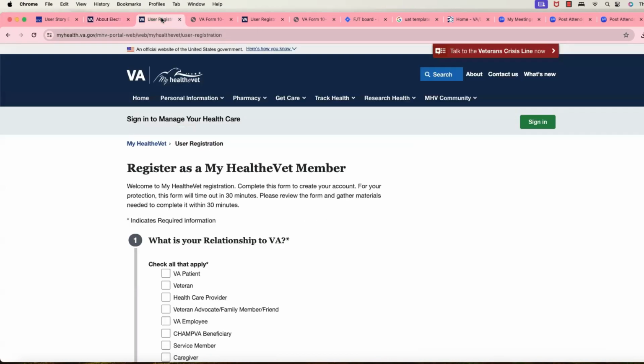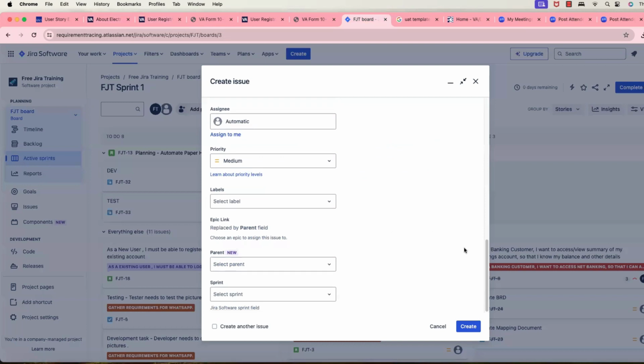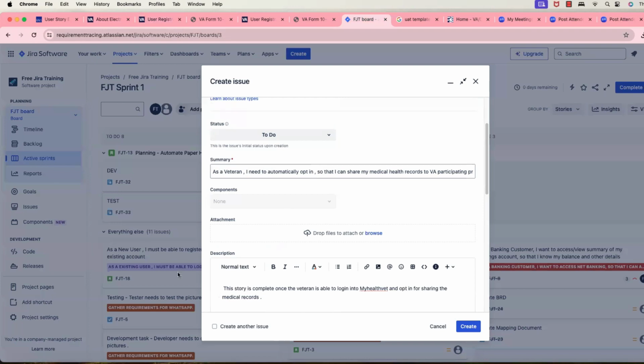Okay, so after you create multiple stories here, the creation of the stories needs input from both your